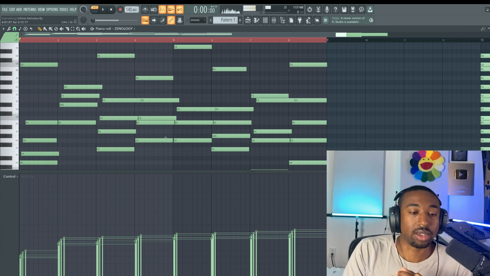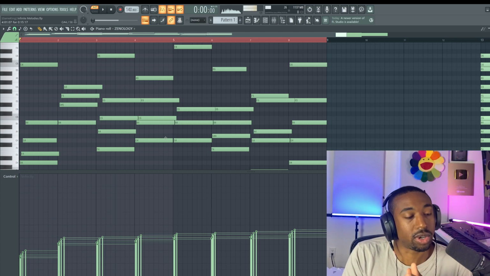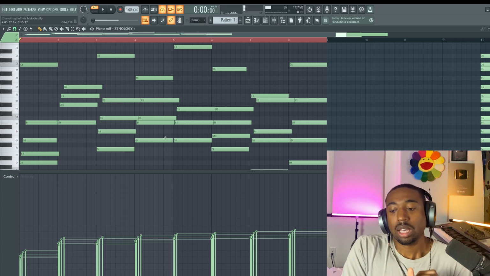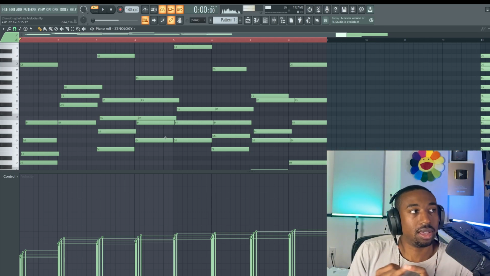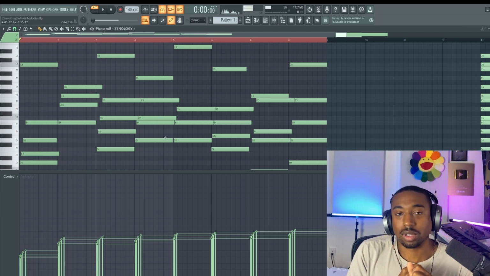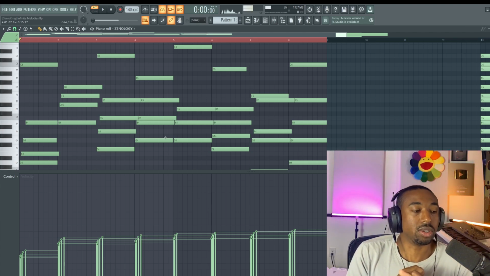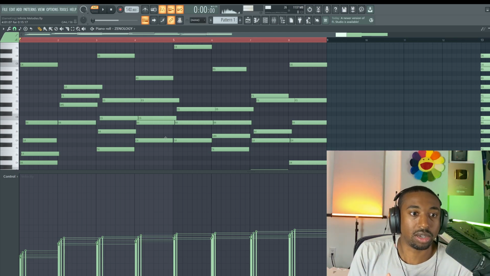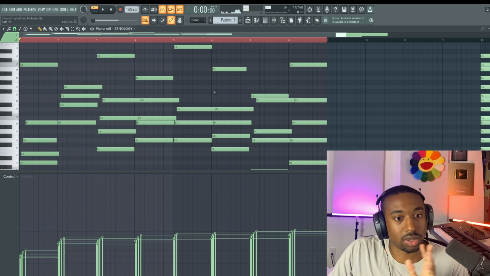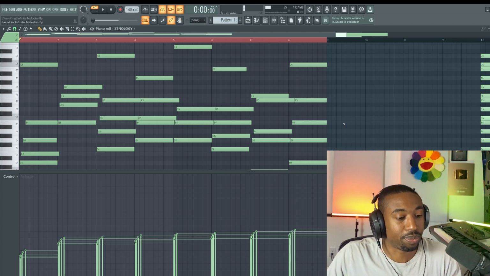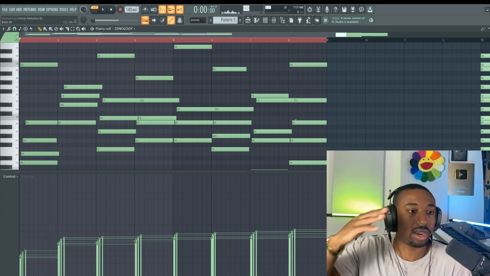Try this with different scales. We just used the major scale today, but try this with different scale types. Whether it's pentatonic scales, try that. That's going to be interesting to try that one. We have different minor scales, harmonic minor, melodic minor, natural minor, and then we have the major scale, but also we have the other scales in modes as well. So try this with all those different variations, see what you guys create, right? Because it creates a different interval every scale.